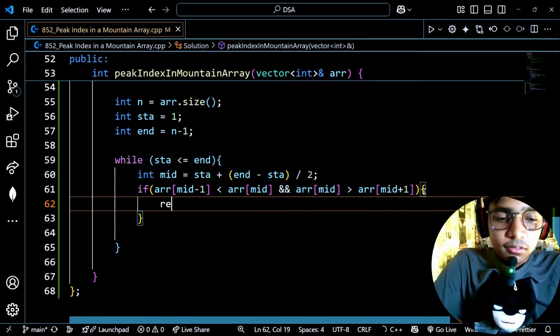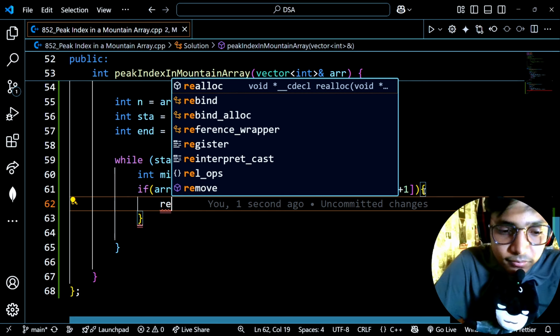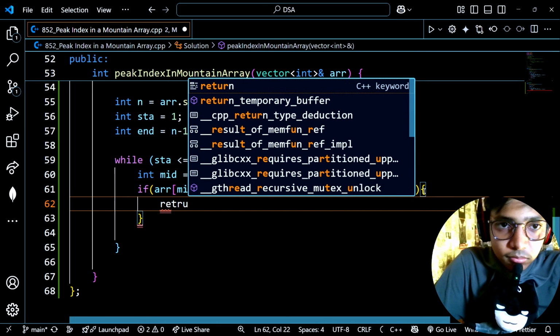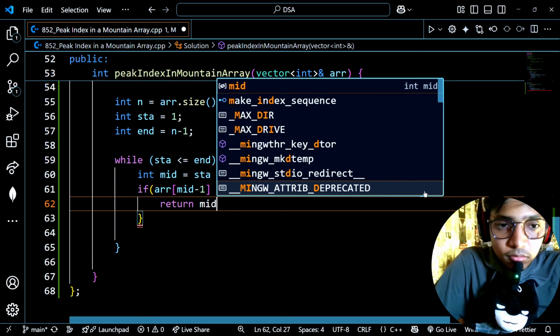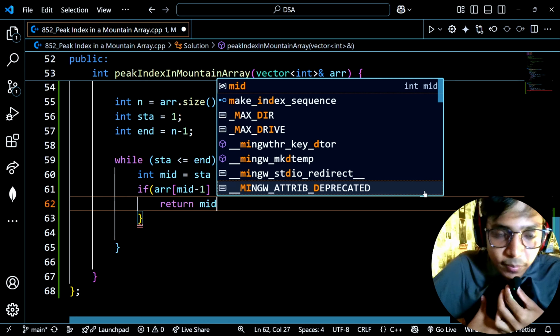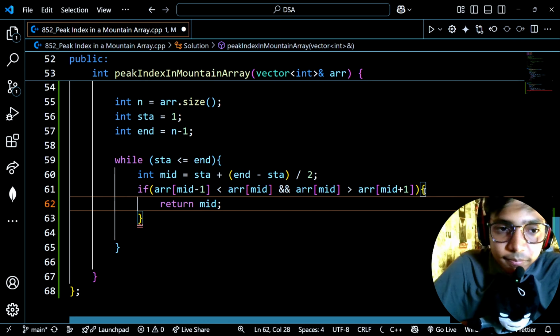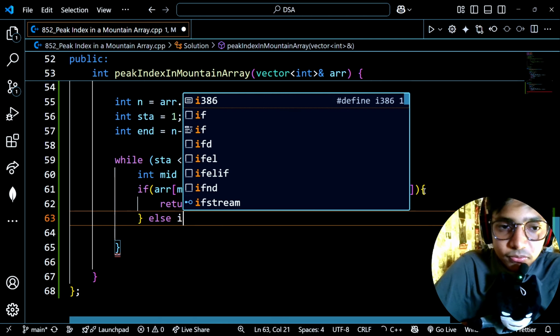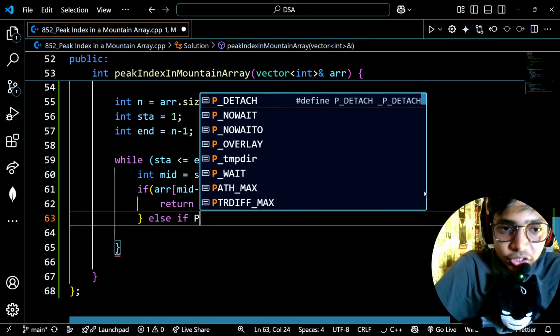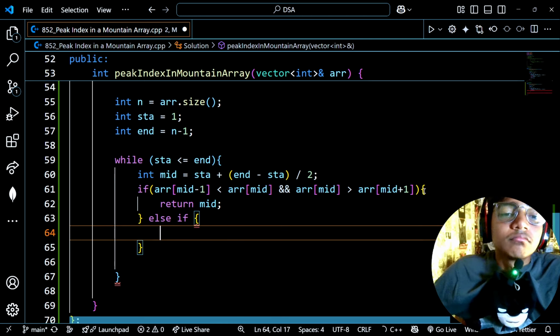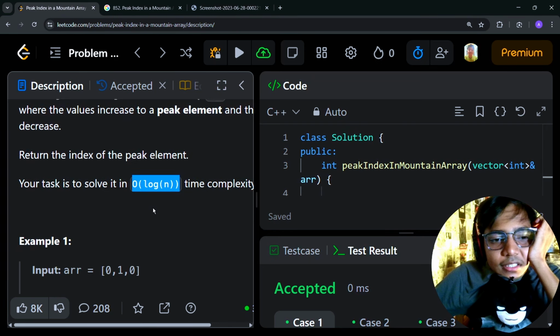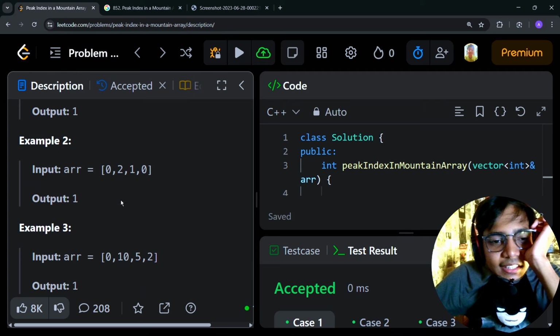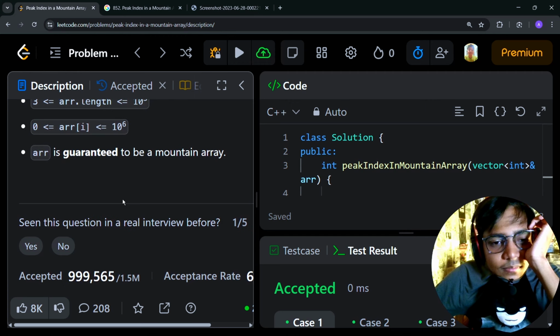We just return the mid value, because this is the answer. And in the else if statement, inside this problem, there is a single thing you can think of, which is that